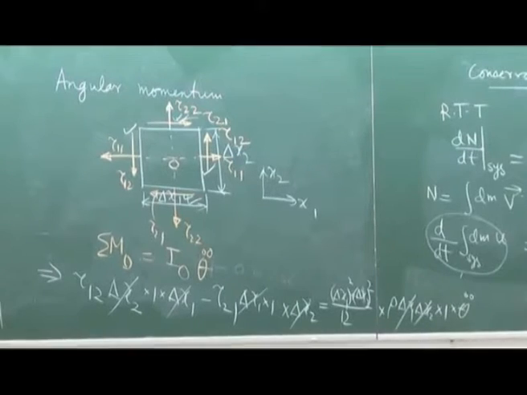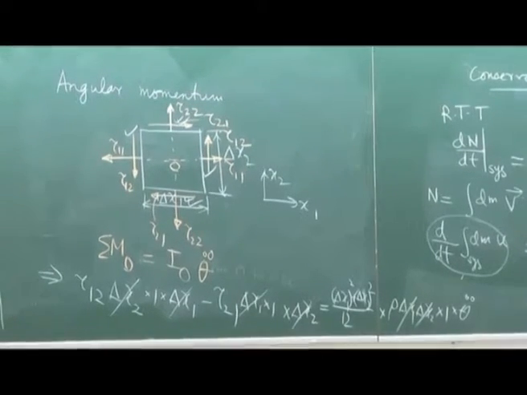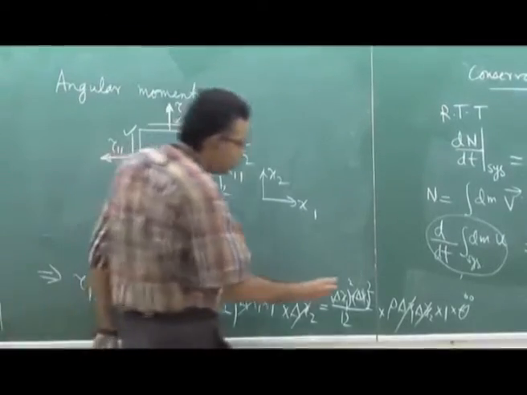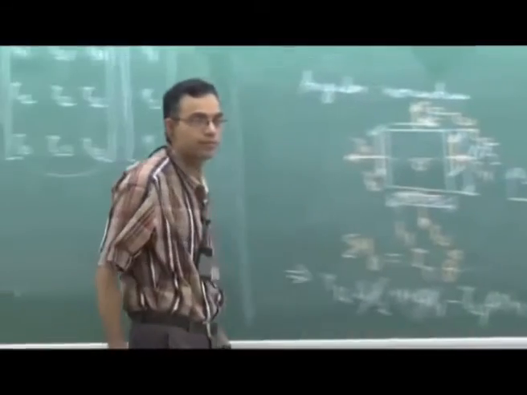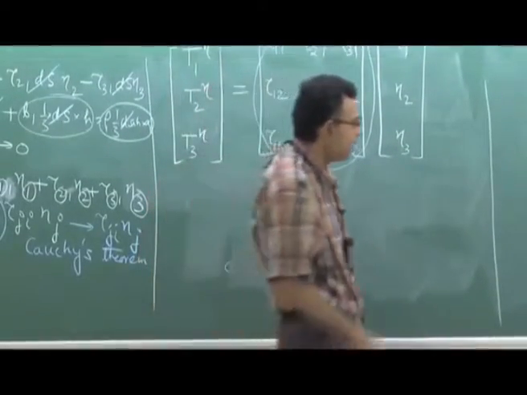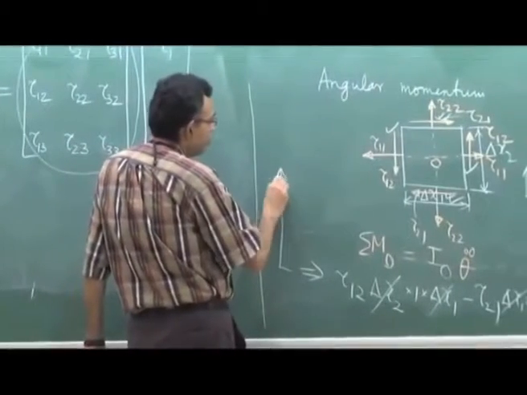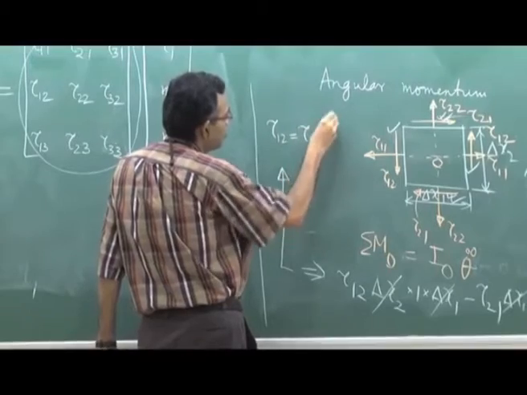This is the first thing. The second thing is that because delta x1 and delta x2 are tending to 0, this term will tend to 0. So from here we are left with one very important thing, that is tau 12 is equal to tau 21,